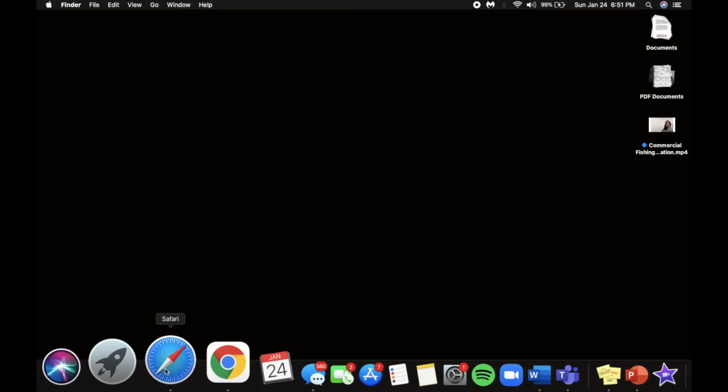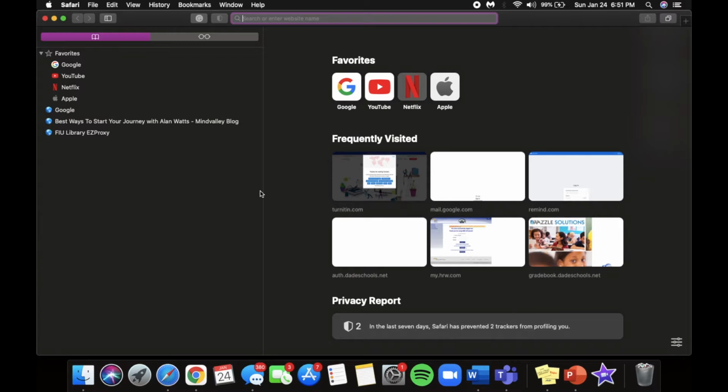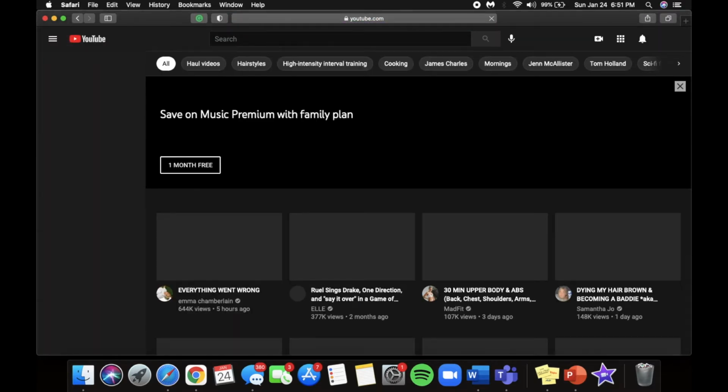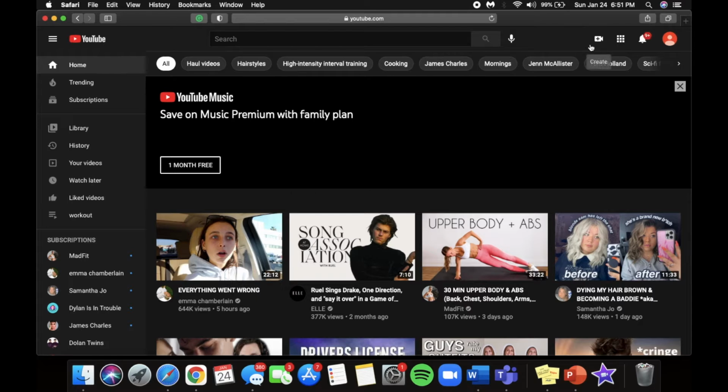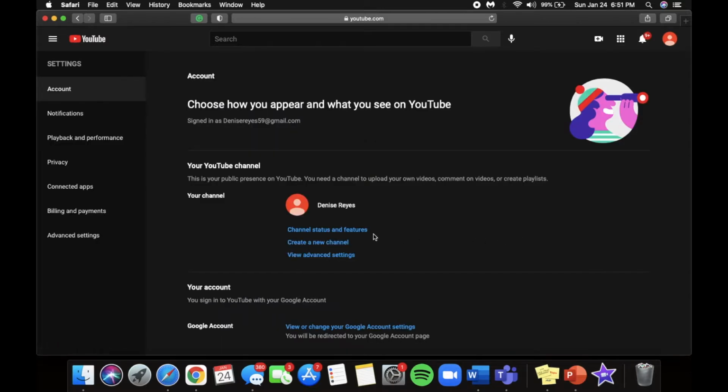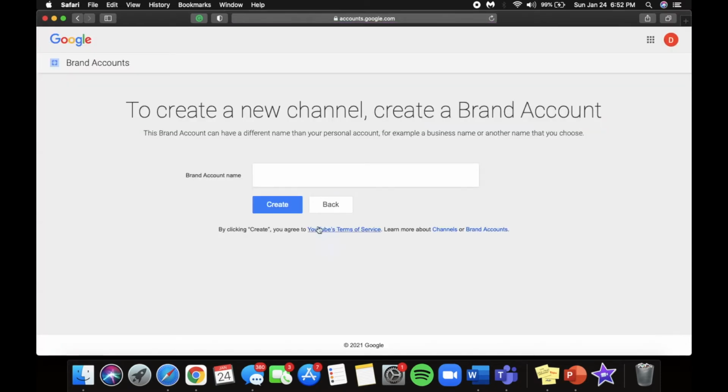Okay, so firstly, you're going to log into your YouTube account. You're going to search up YouTube, you're going to log in. Now, once you're logged in, you're going to click the little profile icon. You're going to go to your settings. You're going to go to the account page, and then once you're there, it's going to show you create new